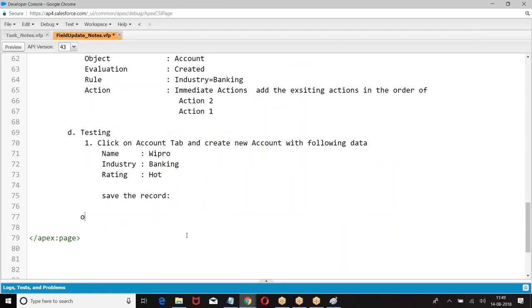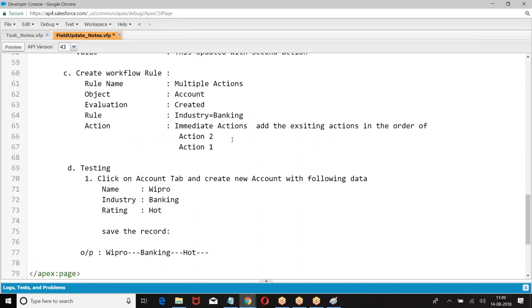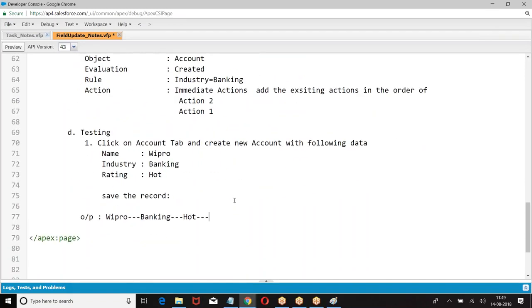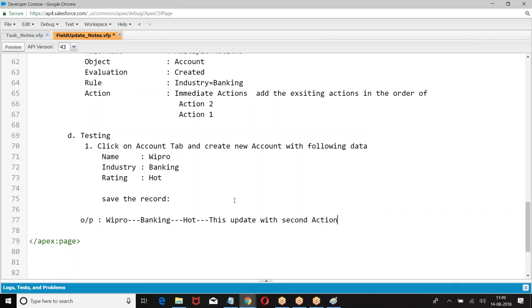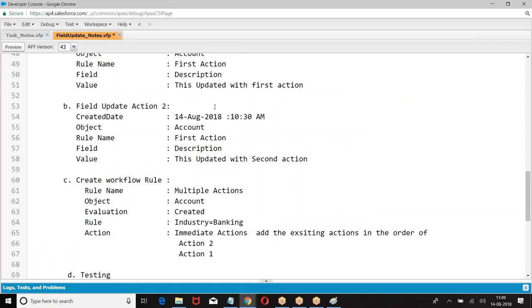Output will be the first action's value. What is the second action we had? This updated with the second action, because first action is performed, then followed by second action. Whatever the changes that are made by the second action, they will be final. So what is the output we got? This updated with the second action. First, the first update has happened, that was modified by second update.